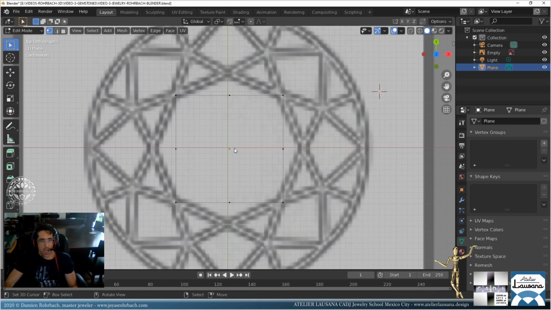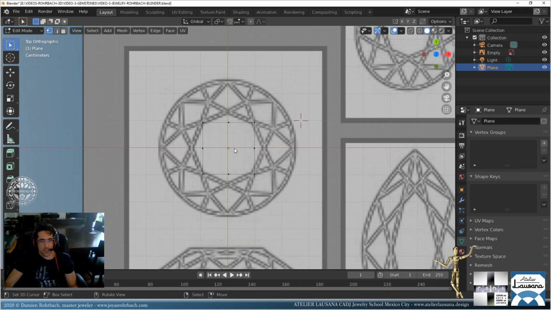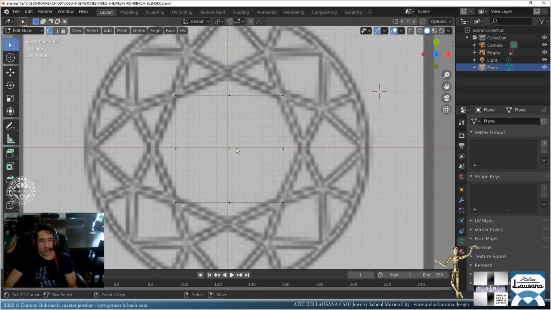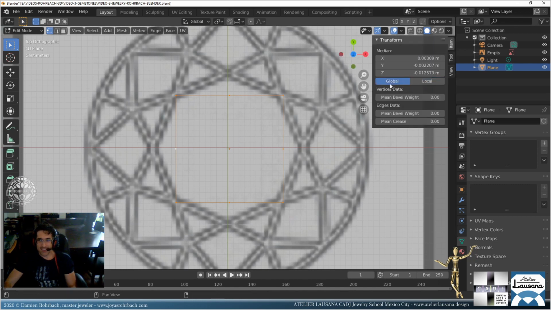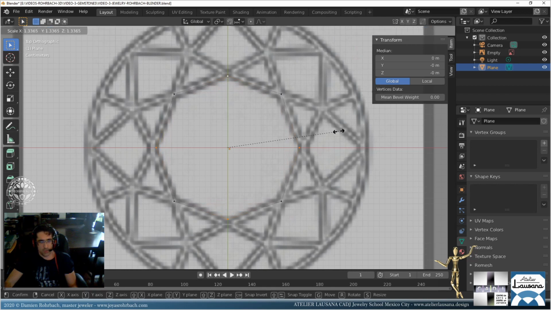So now, actually, well, that's pretty good. What is not good is that this is not centered. Let's try to center it here. So what I did is that I changed from local to global coordinates. That's very important. And also let's put in 0 there. Okay, now I'm going to take these vertices using the Shift key, and now I'm going to use the S key to